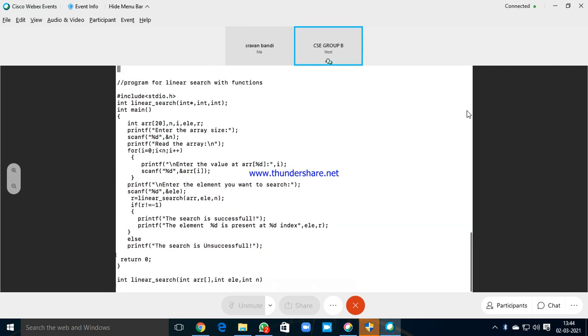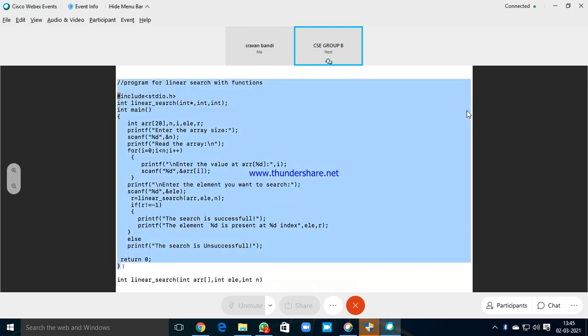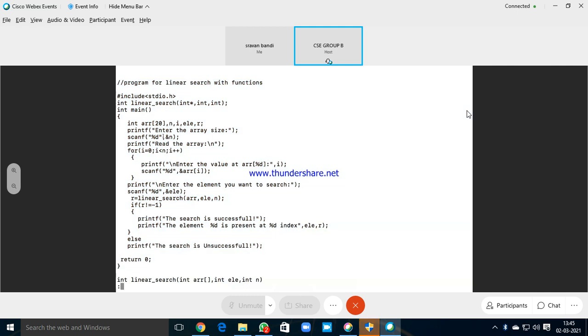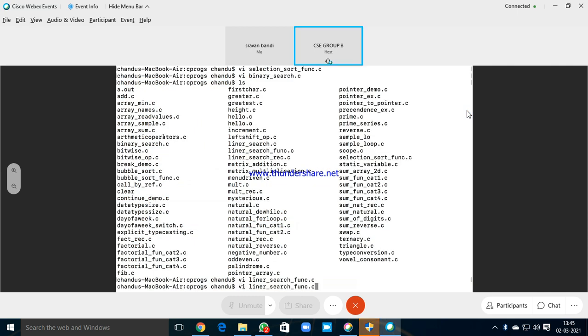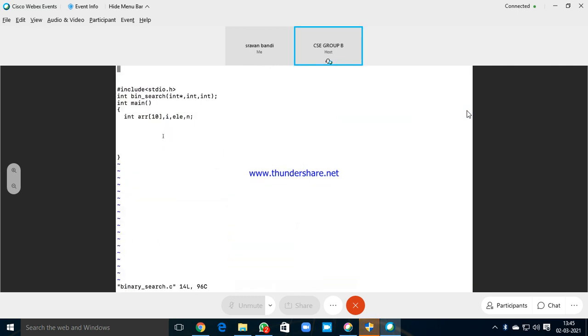This code remains more or less the same till here, so let me copy this.